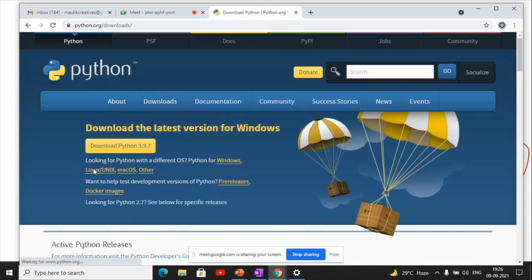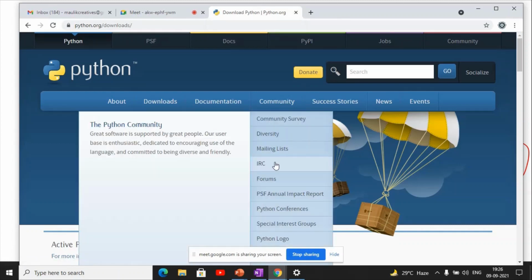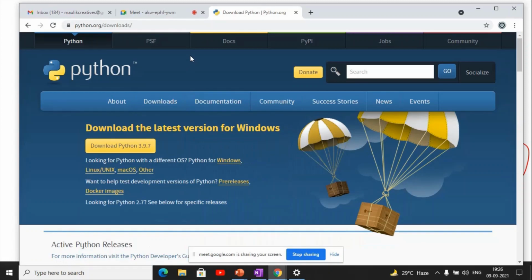Once you click on download, you will get the latest version for Windows. If you are using another operating system like Linux or Unix, you can click on those links also. When you click on this, the download process will start. In a later video I will tell you in detail how to download and install Python on your system, so that you can run your Python script also.